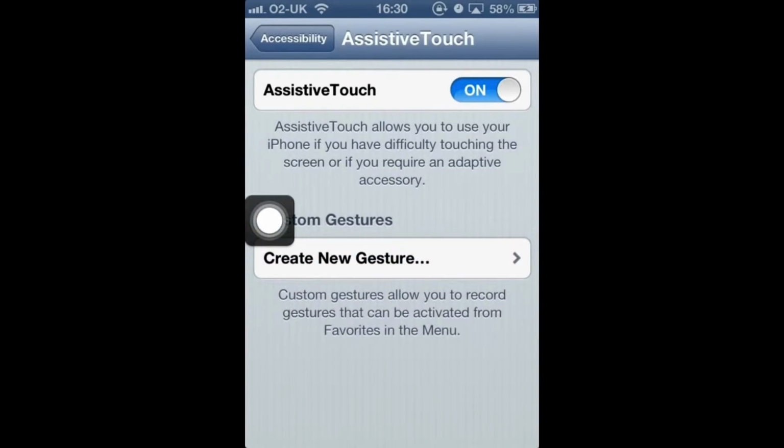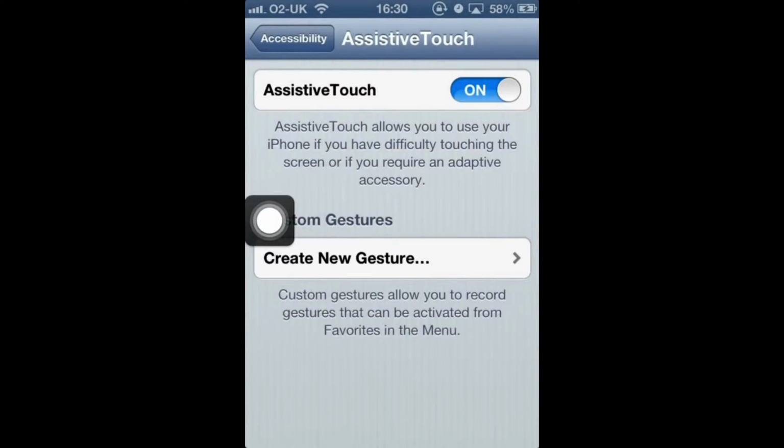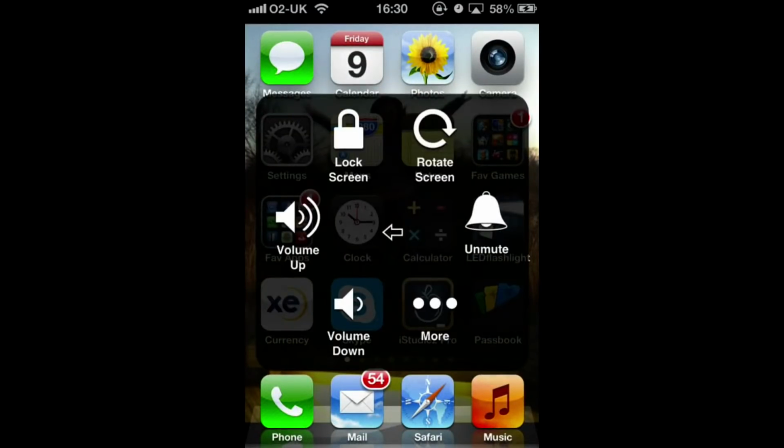Now, as you can see on my screen, I've got this little white dot. I can also just move it around, and with this I can set up favorites. I can push the home button, or I can do any other physical button activity such as volume up, volume down. I can mute and unmute the device,